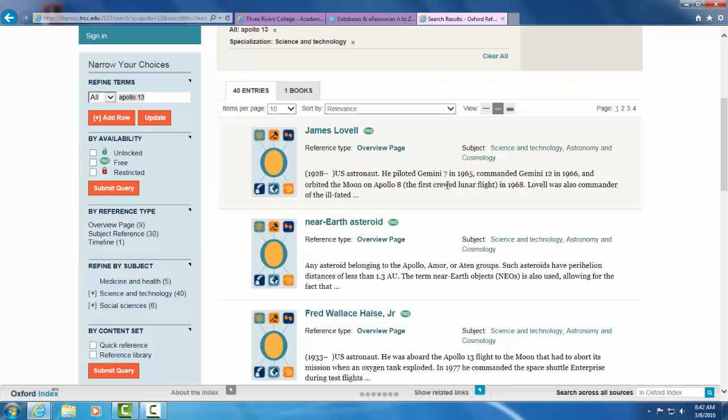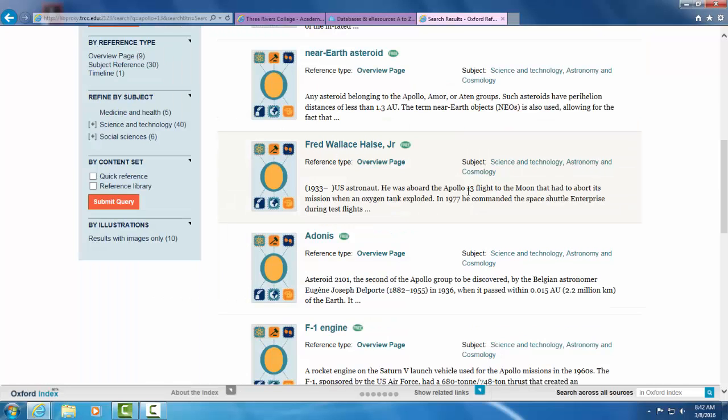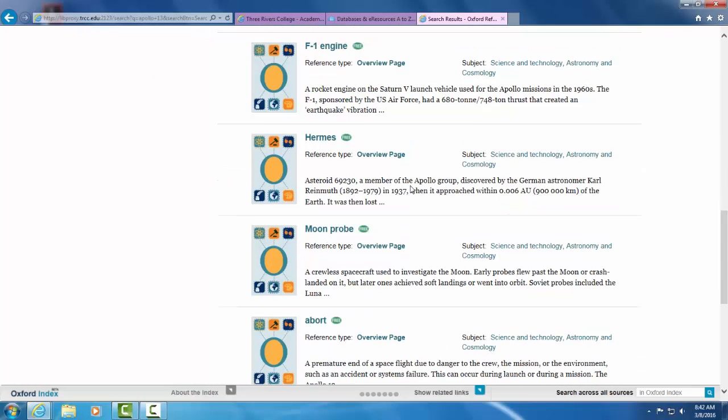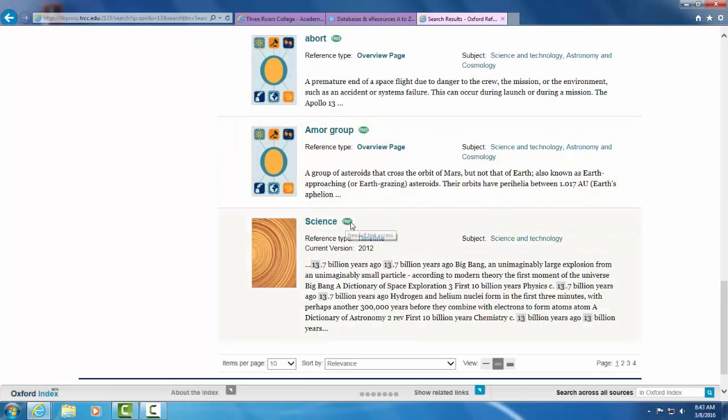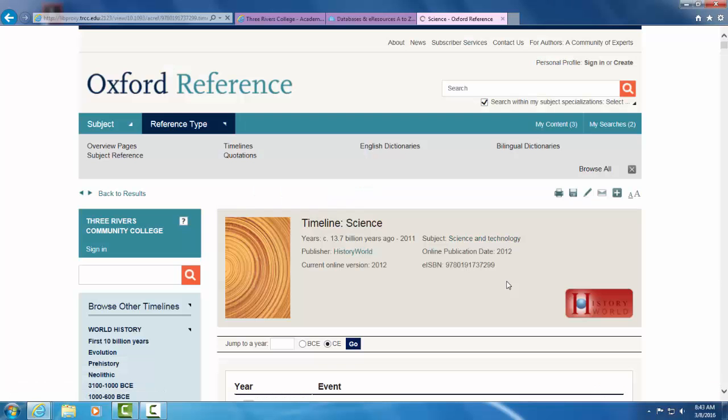Let's do our search. And you might see the name James Lovell. And you might say, what's that got to do with Apollo 13? Well, he was one of the astronauts in the Apollo 13 mission. Fred Wallace Hayes, he was aboard Apollo 13. But all of these will have something to do with Apollo 13. And again, as long as it's not restricted with a red lock, you can open it up and see the